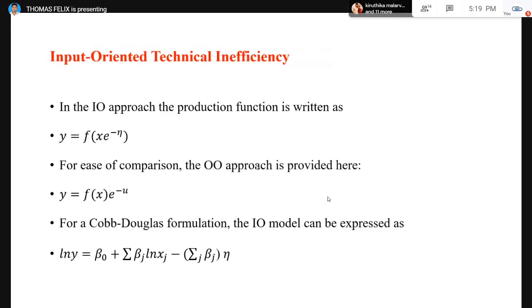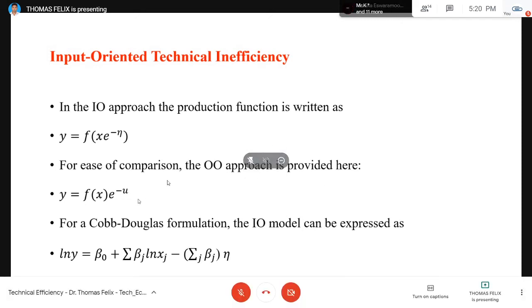As I said, another one is the input oriented approach. Earlier, what I said are all output oriented approaches. Output oriented approach is nothing but, with the same level of input, how much I am able to increase the output. That is said to be output oriented. For that it uses the formula y is equal to f(x) into error term. This is the formula we have used to get the output approach.